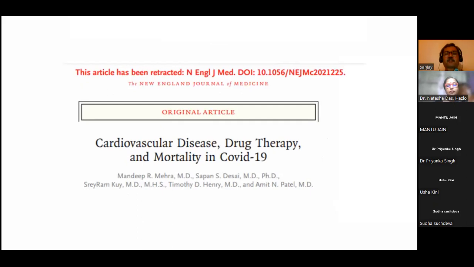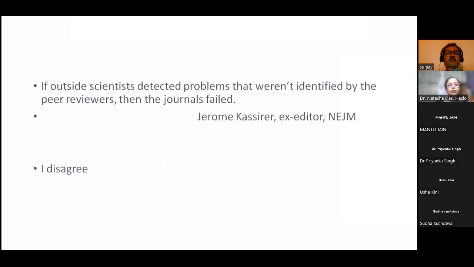Now here's something. This was the paper which made news 2 years ago. The New England Journal of Medicine accepted this paper on COVID, and a couple of weeks later, or even maybe earlier, they retracted it because they found that it was fraudulent data. This was not the first time this had happened. Jerome Kassirer, ex-editor of the New England Journal of Medicine, made a comment. If outside scientists detected problems that weren't identified by peer reviewers, then the journals failed. I and many other people disagree with him because,